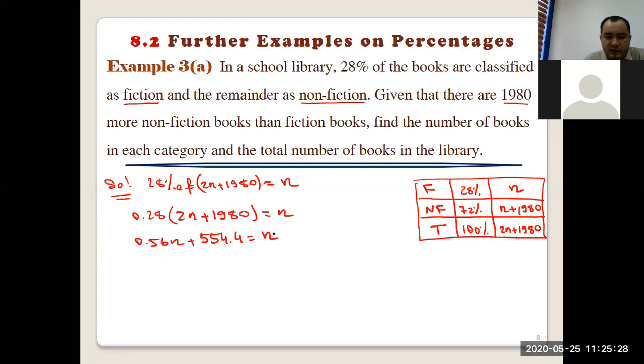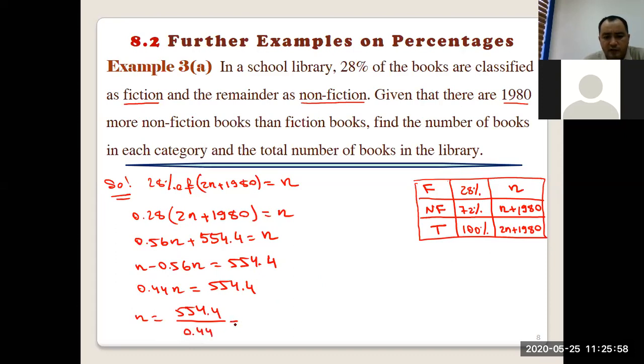Now, if I just take it to the right hand side, here we have n minus 0.56n is equal to 554.4. And what is 1 minus 0.56? That means 100 minus 56. That is 0.44. n is equal to 554.4. Or from here, n is equal to 554.4 over 0.44, which is equal to 554.4 divided by 0.44, which is equal to